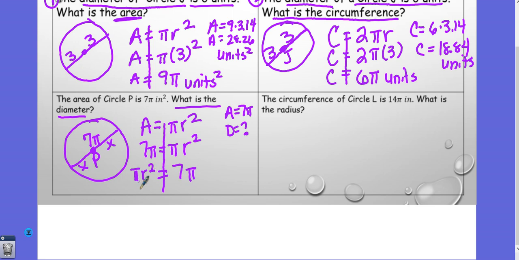This is like having a coefficient, which is 3.14. So I'm going to divide both sides by pi to get rid of pi. So we get r squared equals 7. Pi goes away on both sides. And then the inverse of something squared is to take its square root. So r equals